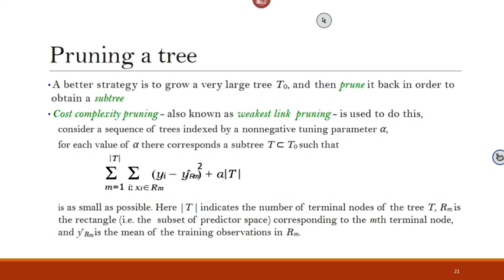In other words, you build a large tree and start cutting it and do validation up to the point where you can determine which size is the best or perfect size for your tree. At this point, you have a value for your alpha. When we go to using R, we will just run the function. The function will do that in the background. It will calculate alpha for you and determine the best size. But at the beginning, we will just build a very large tree without those tuning parameters, because we want to see the training error and the testing error.